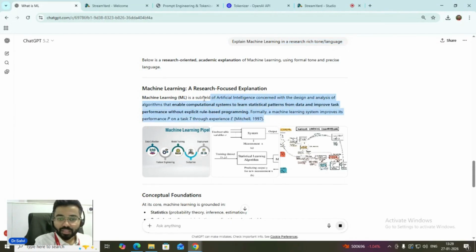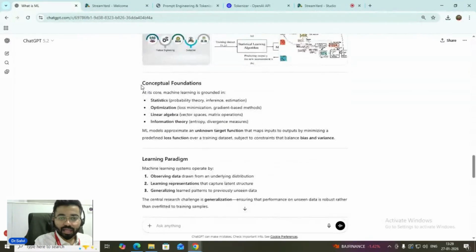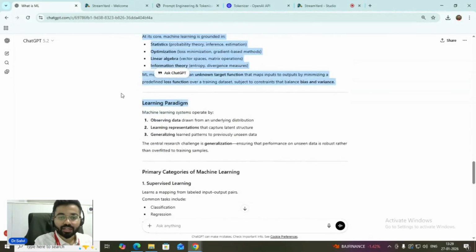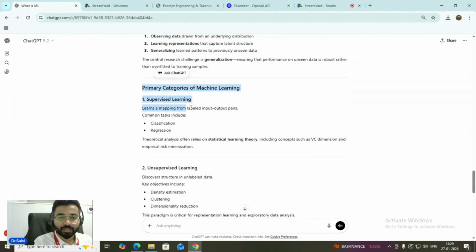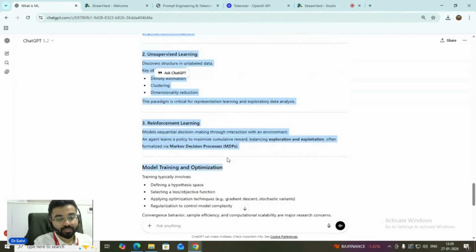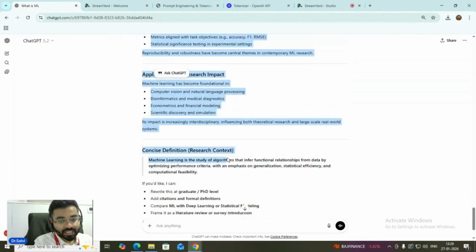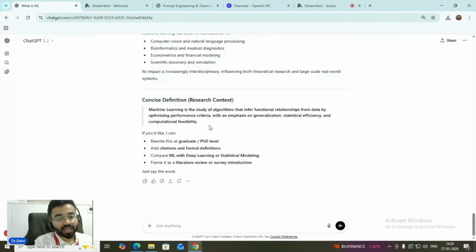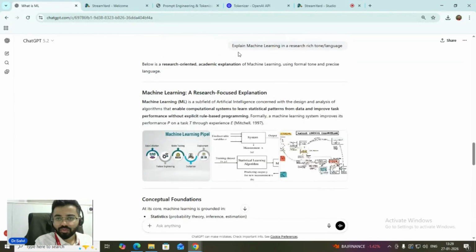Now what you see over here is all of a sudden this machine learning definition has become formal, and with that I have it in the research aspect as well. Then I have the conceptual foundation, then the learning paradigms, and then a primary category, unsupervised, and all of that mentioned. The length has increased, but the context or the language has now become very research oriented, right? So just to give you a gist of what is happening around here, let us put this